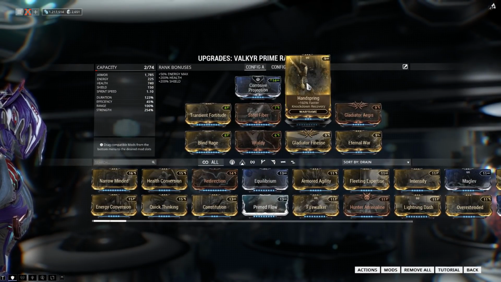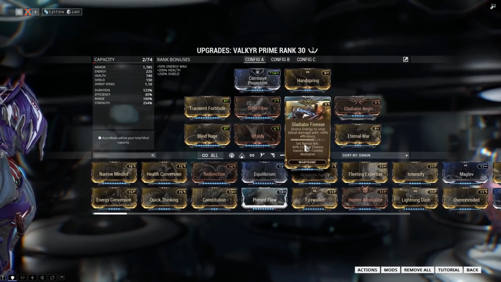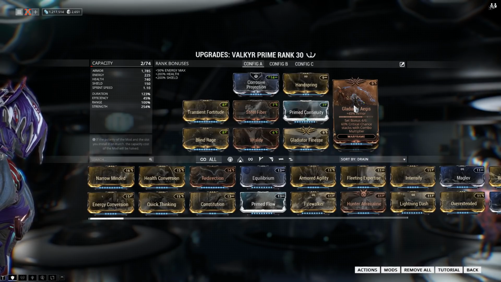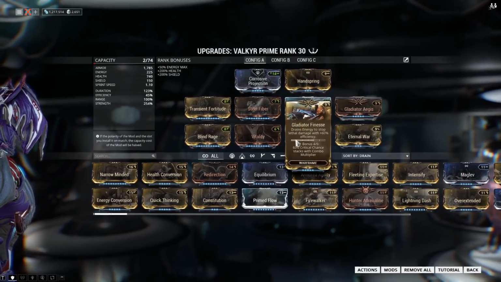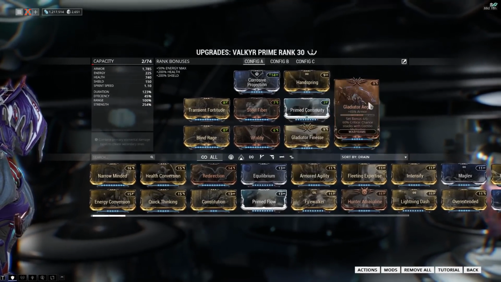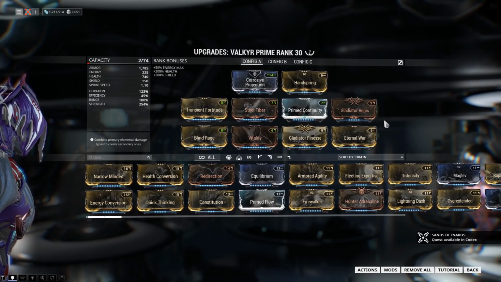Handspring to make sure we don't get knocked down while punching stuff, because if we stop punching stuff, we're gonna die. We have Gladiator Aegis and Gladiator Finesse, not because they increase our survivability by so much, but because this allows us to use spots in our Warframe to make our weapon more powerful. This lets us do more melee damage by using Warframe slots, which is powerful since we don't really need the